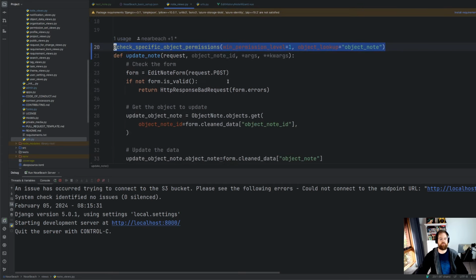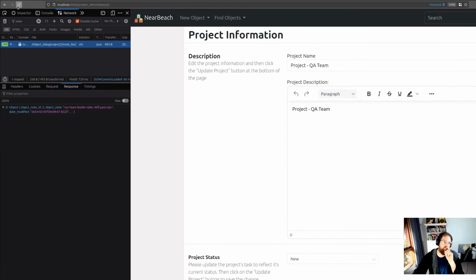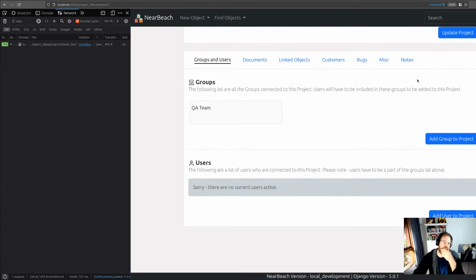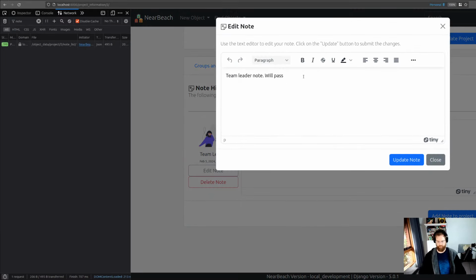So that should also work perfectly fine. Just trying to think, because we've just done the permissions, we sent it through. All of that should be fine. So if a user edits the note,